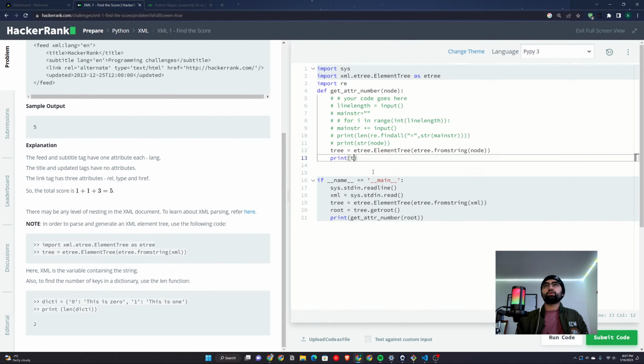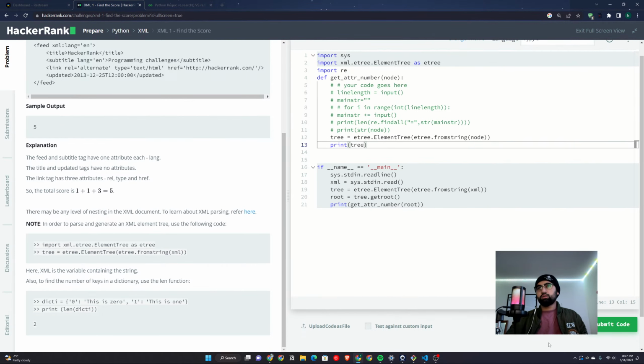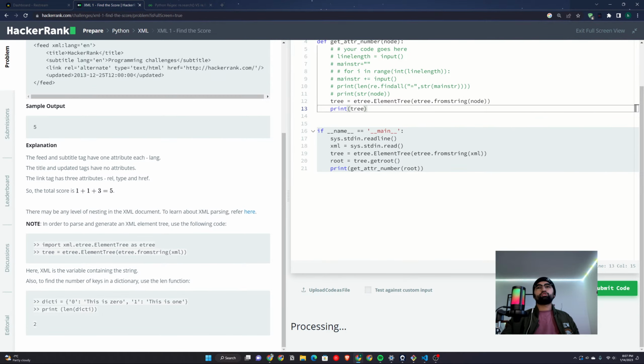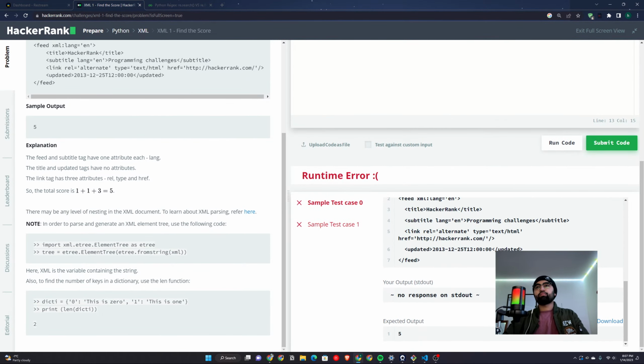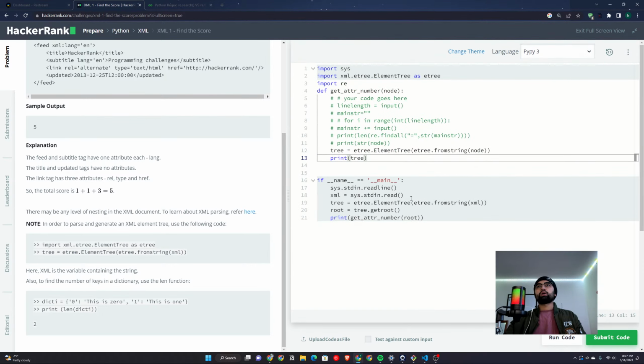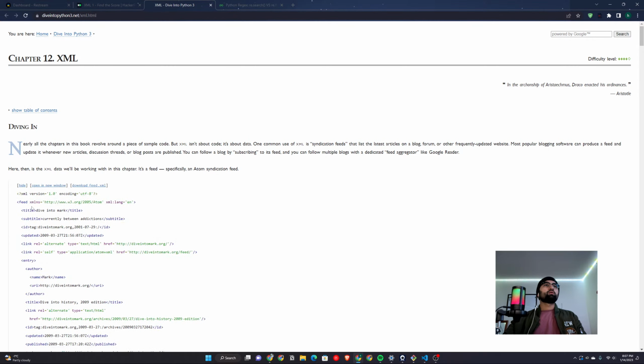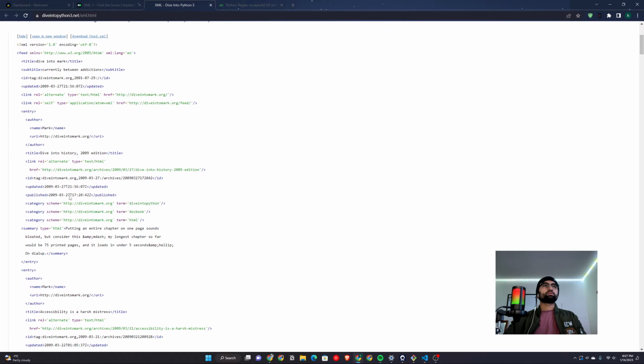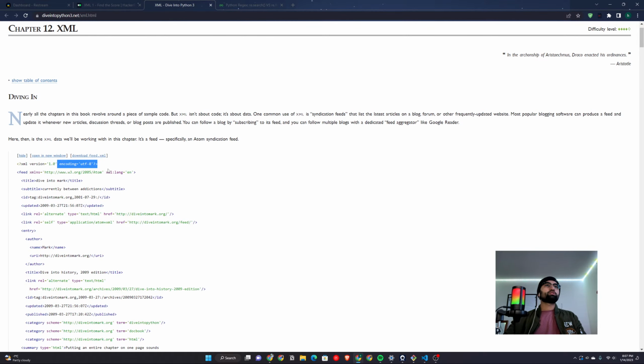Print tree, sorry, print tree, not node. Okay, it should give me something like: your output is nothing because a bytes-like object is required, not an element. A bytes-like object is required. I don't get this whole code thing. Suppose we have to go through the XML documents, XML this thing, feed XML this thing, and then